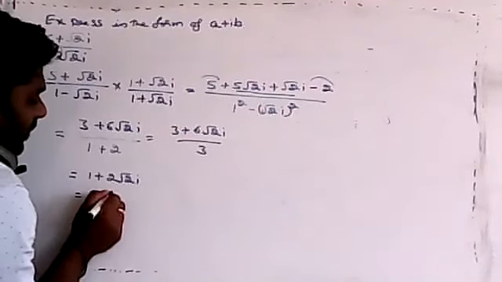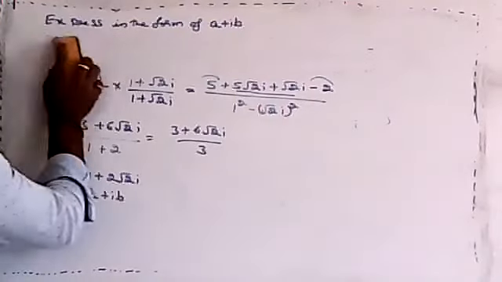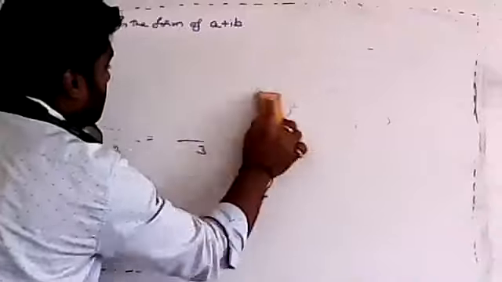Good. This is in the form of what? A plus ib. Yes, good. Divided by 5, not 5 this one, huh? Divided by 3, huh, Shravan? Just check. Yes, Prajwal, right? It is 1 plus 2 root 2I, no? Yeah. Okay. Clear now this one? So in the same way, I'll give one more problem. Just solve and tell me that one. It is a bit lengthy. We'll move on to the next one.